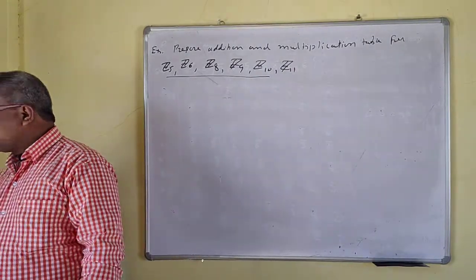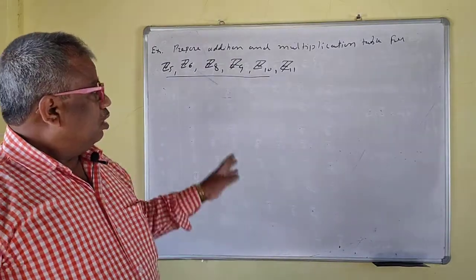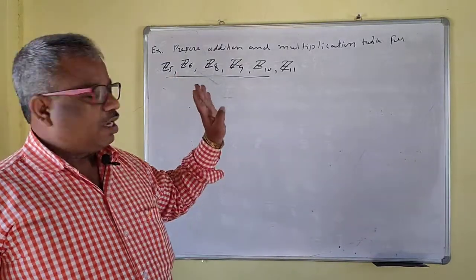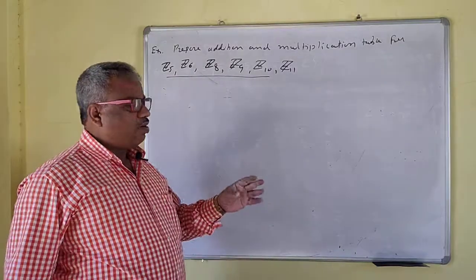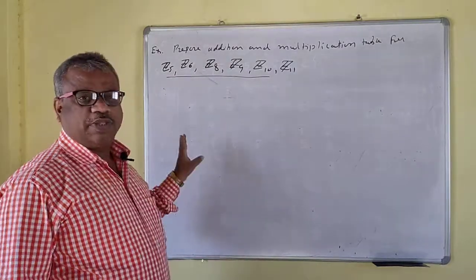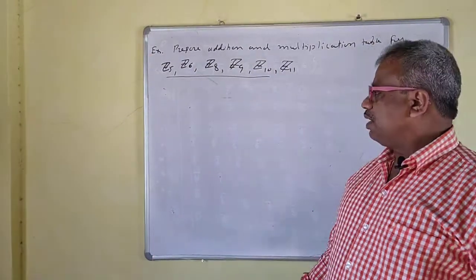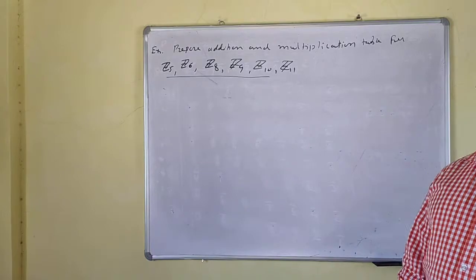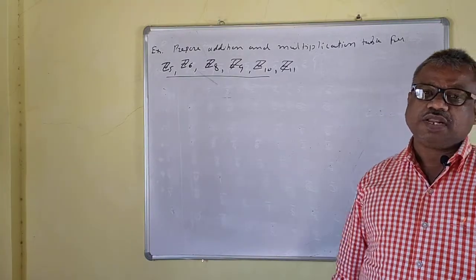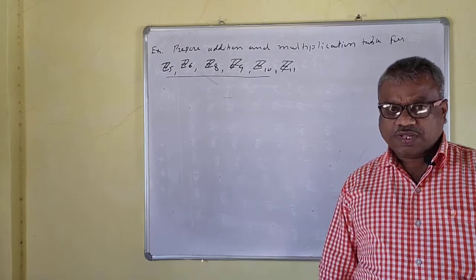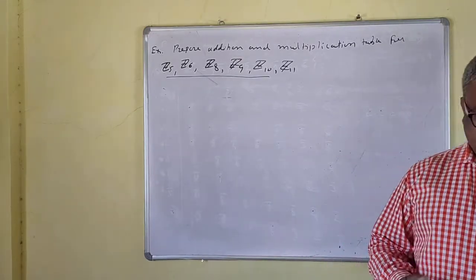I hope that you understand how to do the multiplication table for Z5, Z6, Z7, Z8. Okay, so very easily we have prepared the multiplication table for Z7, and the addition table for Z7, modulo 7 now. This modulo 7 is very important here. Okay, so I hope that you can do all those things. Okay, so try for this one. Okay, so we'll stop here.